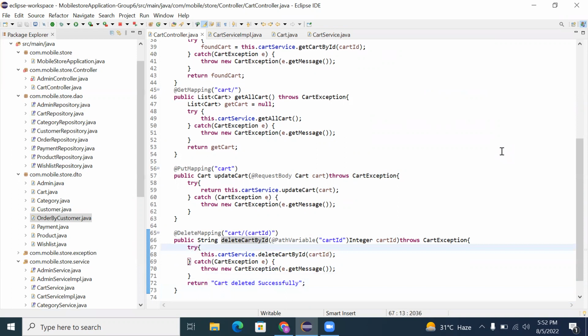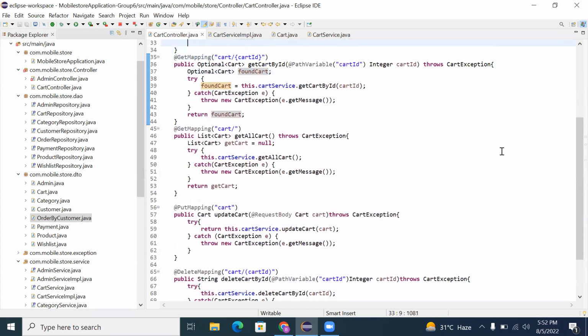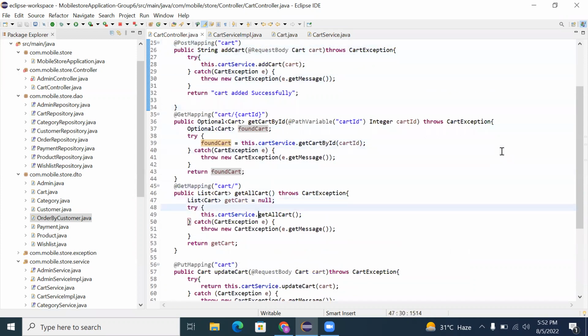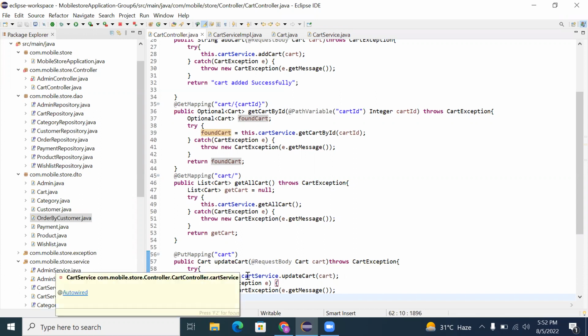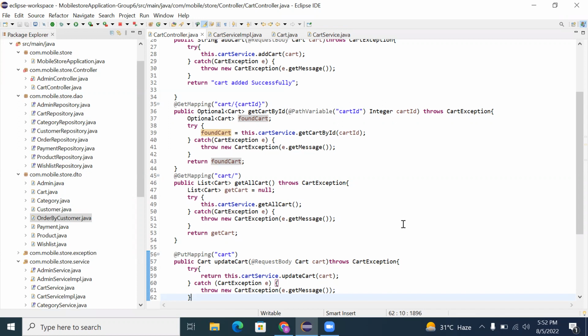Okay. Can you just demonstrate any one method, Bhumika? Yes, sir. So in the update cart put mapping, we are using update cart. In this, we are using the request body. In that, we can request anything from the cart, and in this we are returning the cart service update cart. In this, the particular cart will be updated. We can also remove a particular item from the cart, or we can add an item in the particular cart.